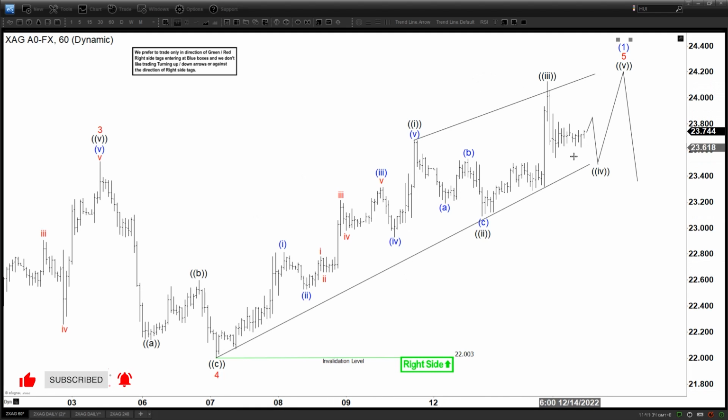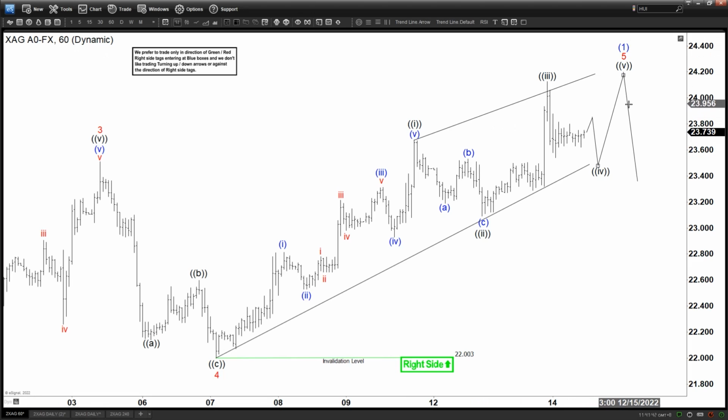GMT. Today we are looking at the chart of silver. This is the 60 minutes chart here. Now we can see that we are now ending wave 5 here. So we have wave 3 and 4 in the minor degree and currently within wave 5. Within wave 5 we subdivide into 5 waves as a diagonal. Again, that's why a lot of people keep asking about overlapping, it is fine when you have a diagonal. Okay, so we are looking to finish this wave 5, which then after we finish wave 5 in the